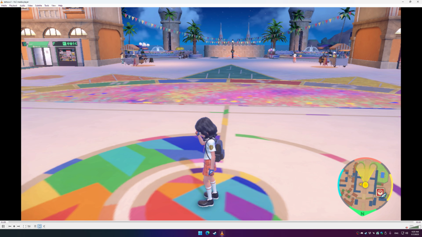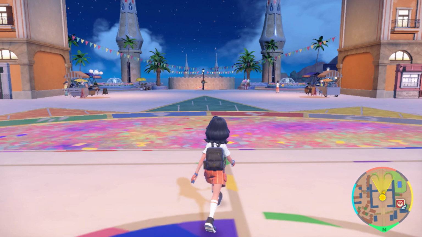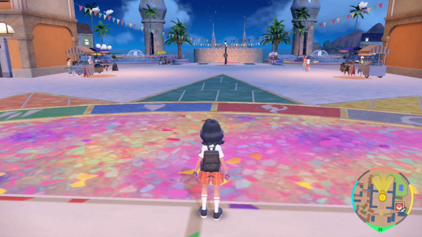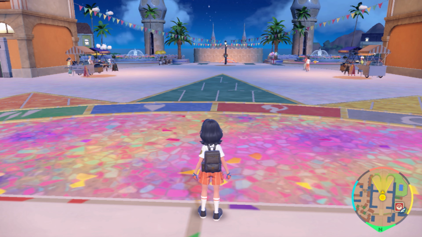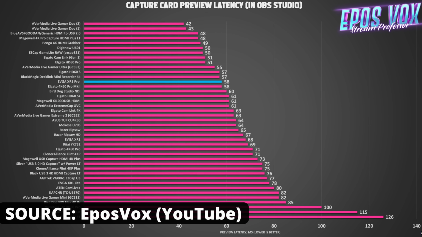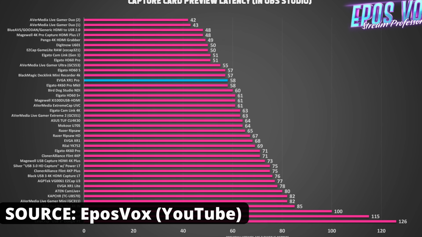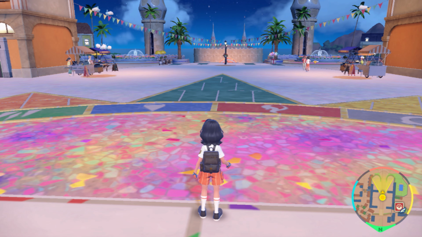To finish this demonstration, what we can do now for our stream is simply full screen it. And now you have a full screen game and you can run around, you can play just as normal, and the input latency is minimal. There is an added bit of latency, but most of that is due to the capture card itself, which can range between 30 and even 100 plus milliseconds of latency. If this is your primary way of playing on the Nintendo Switch, you're going to want to purchase a capture card with minimum input latency.